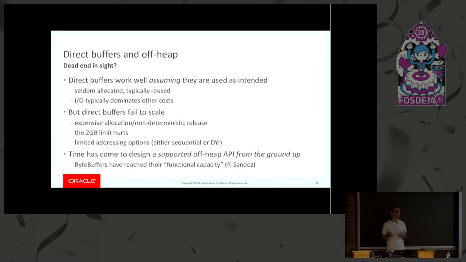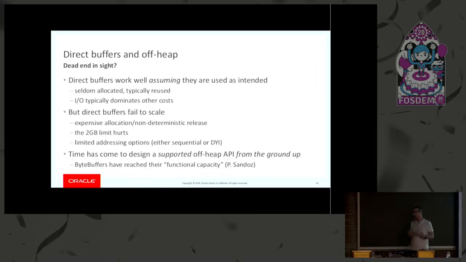And then there are limitations with the expressiveness of this API when it comes to accessing the memory, because we can either choose between sequential access, so essentially one int at a time, or another absolute addressing scheme where I have to pass the offset all the time. There's no support for structured access. So if I have a struct in memory, there's no way for me to say I want to access that particular field. I have to work out the offset manually in order to get to this or that location in memory.